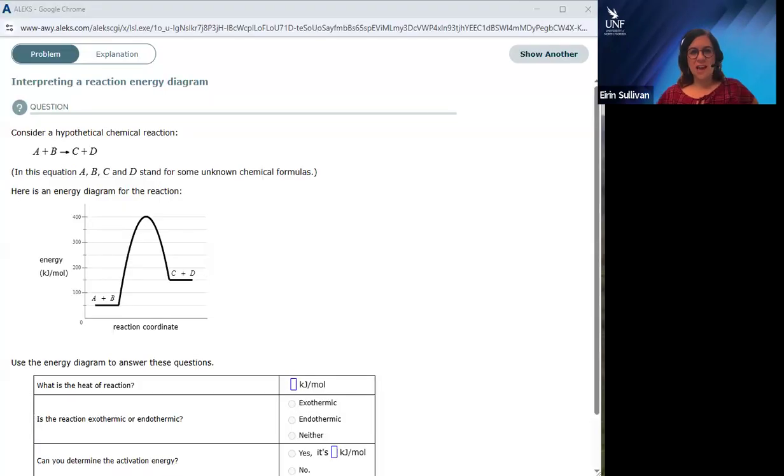Interpreting a reaction energy diagram. Okay, so here's a reaction energy diagram. We've looked at these before back in Gen Chem 1. And now, as well as seeing the energy level of the reactants, which in this case is A and B, and the products, which in this case is C and D, we have this big hump in the middle, which